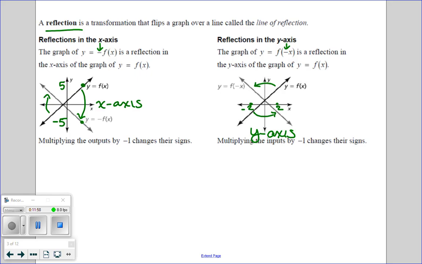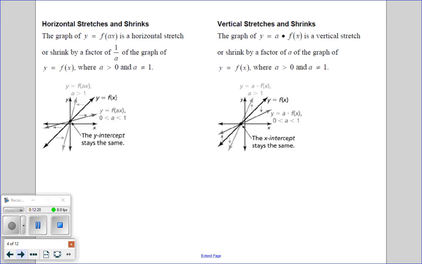Okay, but what's changing signs are my x-coordinates. If my x-coordinate was a -10, it becomes a +10. If it was a +10, it became a -10. So that's the way that it's reflecting side to side. Okay, and that's all that positive and negatives do. They just reflect. Okay, if we are multiplying by something other than 1, right, and we have an a value,